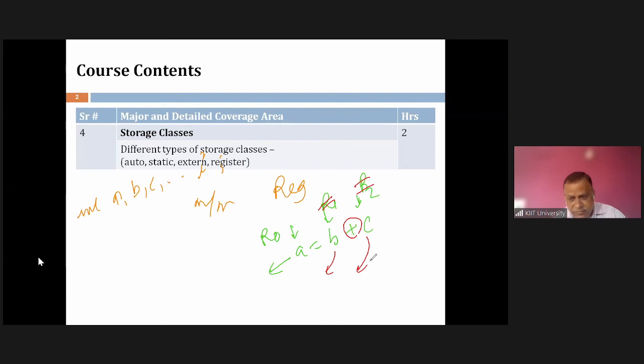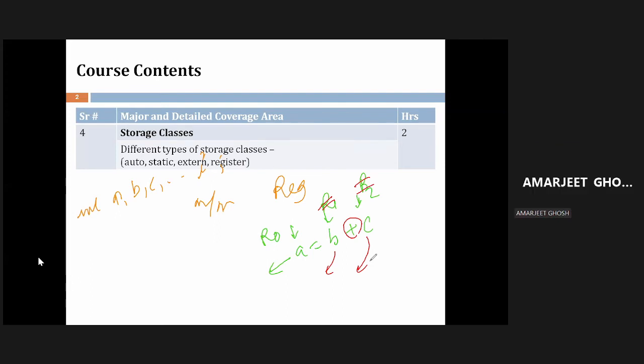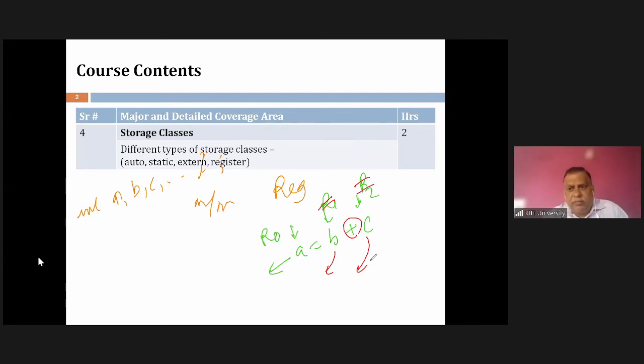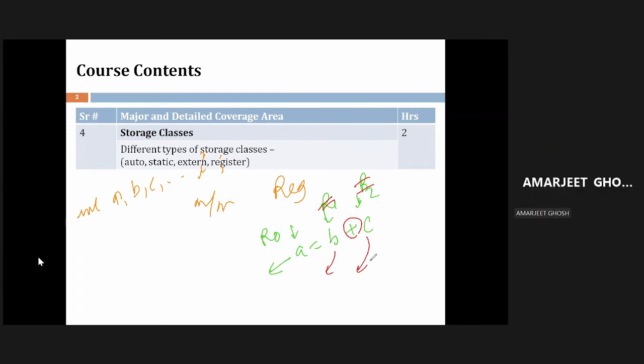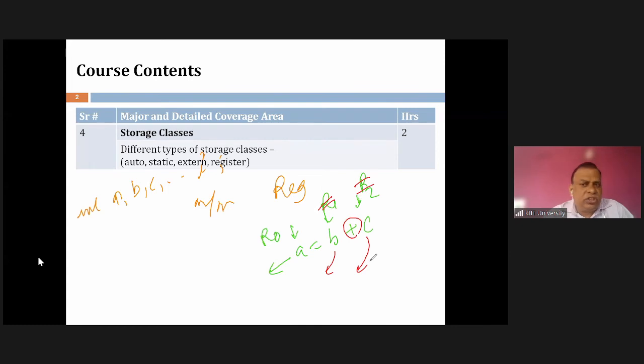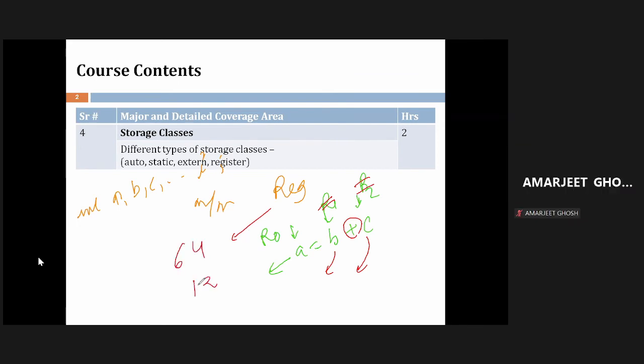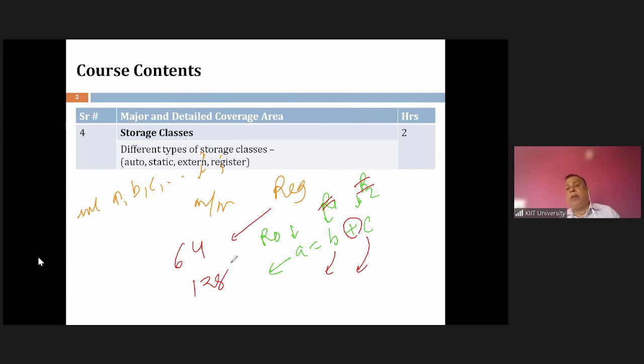Understood it? Yes, sir. So if the variables are available in a register, will the operation become faster or slower? Faster. And that's the reason for which we try to keep the variables inside the CPU in general purpose registers. But the number of general purpose registers in a machine is not very large. It may be 64 or 128. But our program may handle data of thousands or 2000s. Can I store all data in the general purpose registers, or only a few?